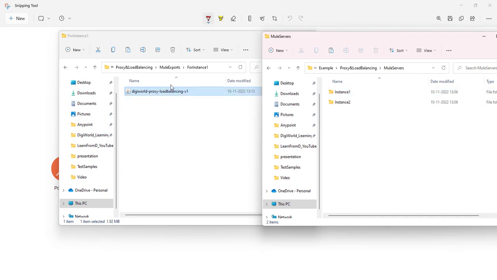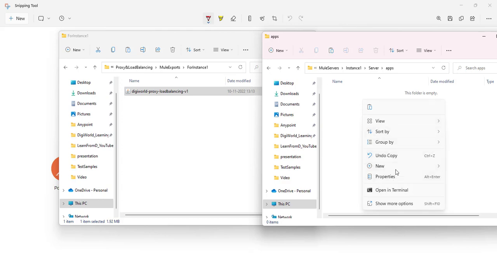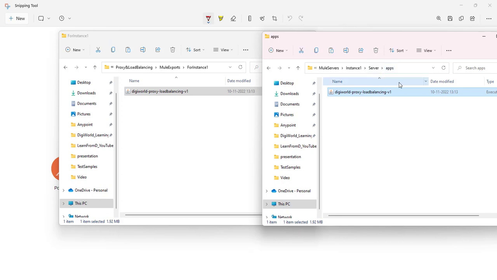So I will go to instance 1. From Mule export for instance 1, I am taking this file and then I will put it inside the server, inside the apps folder. We haven't started these servers yet, so don't worry, we will before that only we are putting it. So in the apps folder we have already put the instance 1